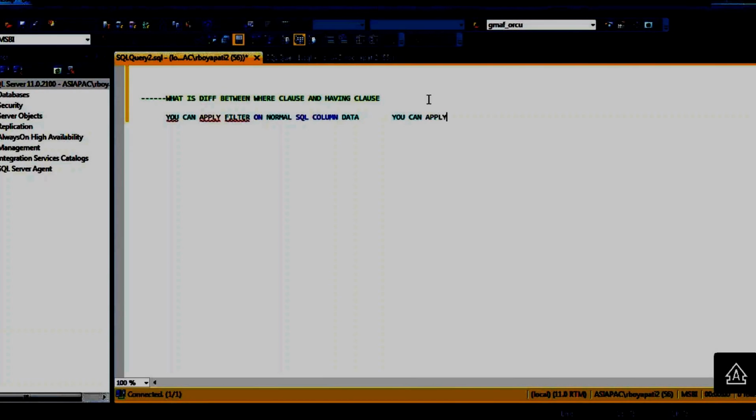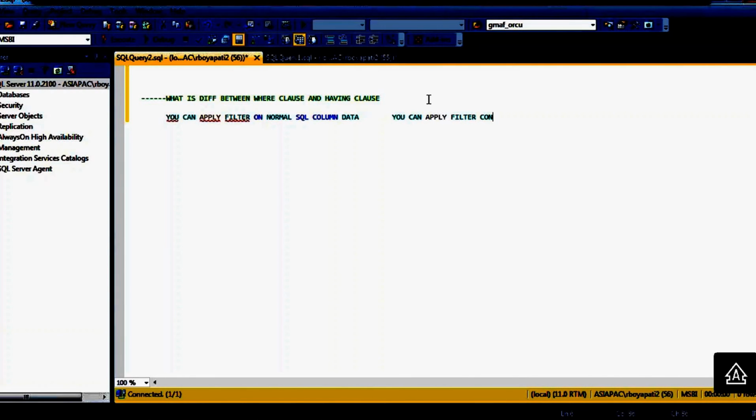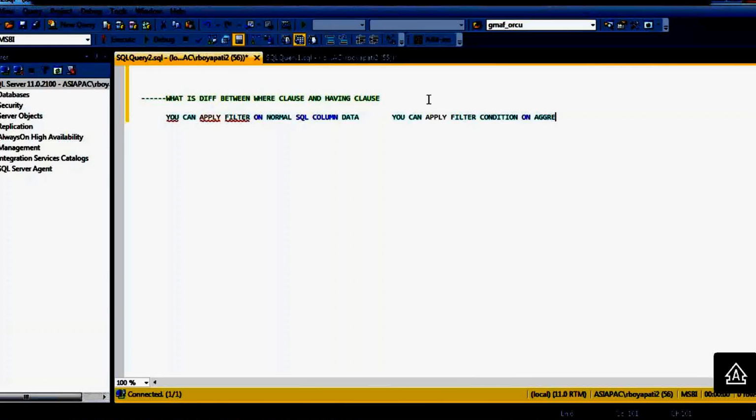The where class, you can apply filter on normal SQL columns data, but the having class, you can apply filter condition on aggregate functions.